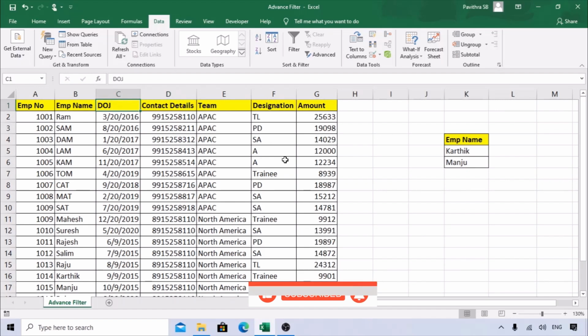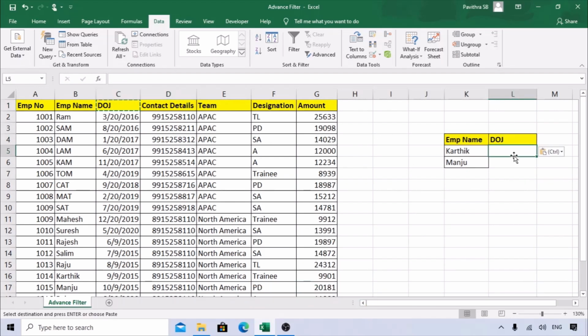Let's say I'll copy the date of joining. I need to know whether Manju or Karthik joined prior to January 1st, 2017. But here it says 17, so what it does is select whether these two people joined on 1st January. That is not what we need, because we need to know if they joined after January 2017. For that, you can put a greater than sign with this date. So what I'm doing is, if these two people joined after 2017, it should be